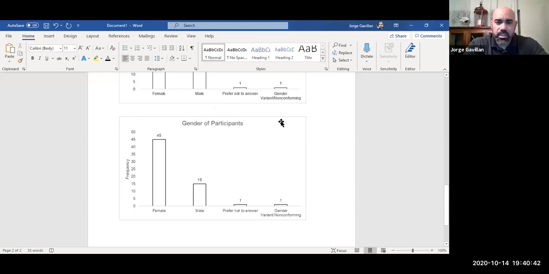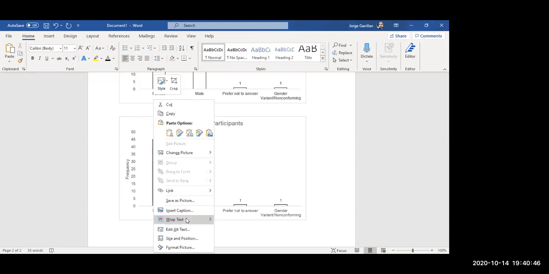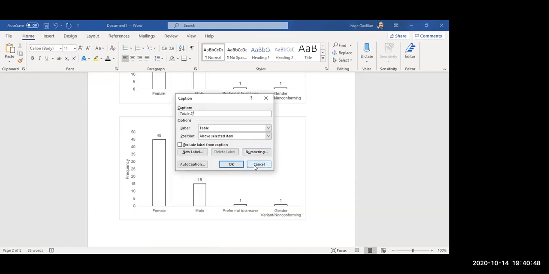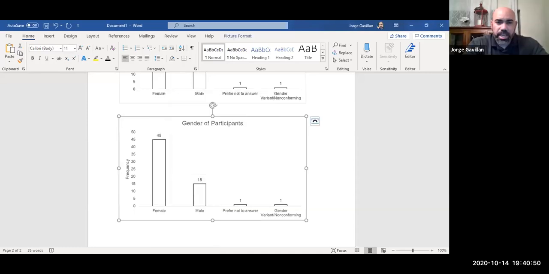Okay, yeah. So I'll show you here real quick. This last one that I pasted as an image, I was still able to do the caption. So as long as you're able to do the caption, then you're fine. It doesn't matter if it's a picture or anything like that, because when it gets into the Word document